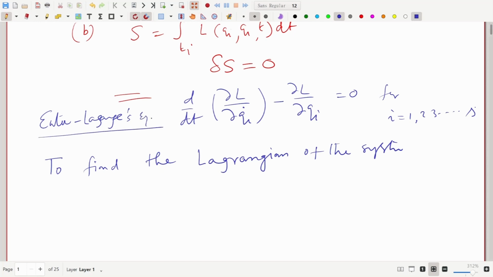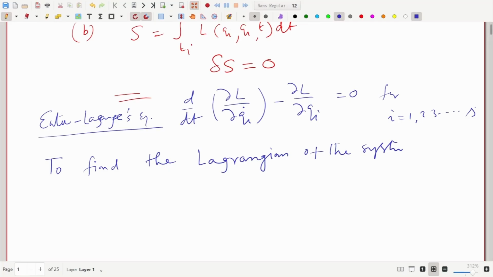And this Euler-Lagrange equation you have to solve, and the solution will give you the dynamics of the classical system. That means how each and every coordinate evolves with time. So, the main point is that half of the work will be done if we can construct the Lagrangian of a system. We spent some time on that, and we have seen that for a free particle,